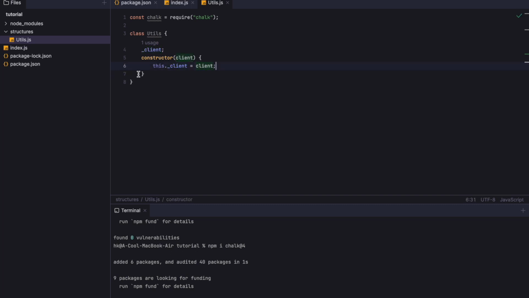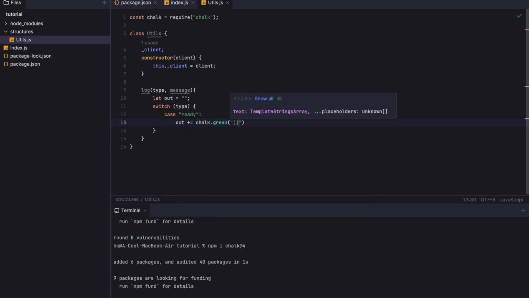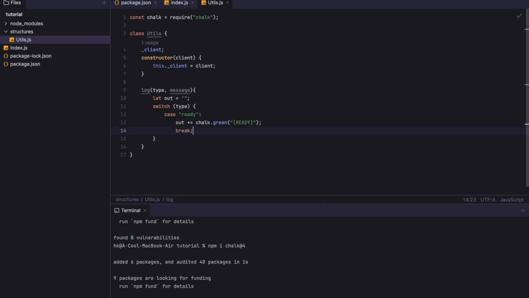So the first function I want to make is a logger. So log, type and message. And the way I like to do it is to build a string. So let out equals an empty string. And I like to use switch case for this. So switch the type. And if it's type ready, then I want out plus equals chalk.green "ready". You can do this however you want. This is how I like to do it. And case